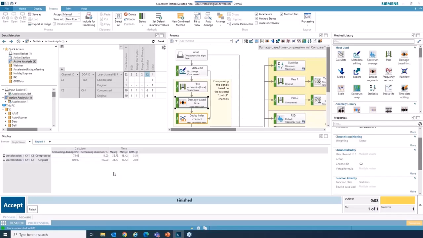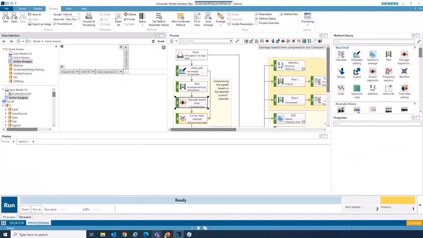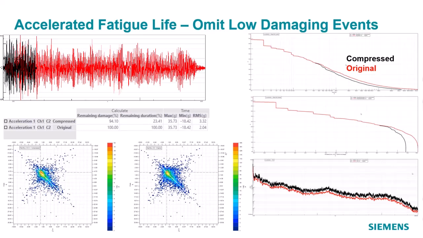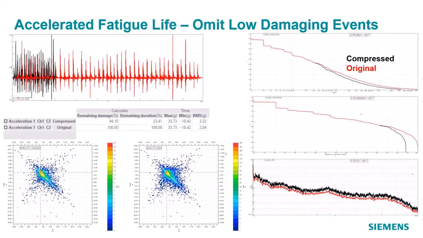So you can play with this parameter. Sometimes compressing it way too much will not be desirable because the material can become hot. You have to be careful that you are not introducing any other failure mode because of that. So you can see how easy it is to do this type of calculation in our TestLab Neo software. We looked at the spectrum and the time history, but if you look at number of cycles, you can see that it's not very obvious here, but it got reduced by a factor of about 5 with the 80% retention. So you can do this type of accelerated fatigue life testing using this compressed time history.